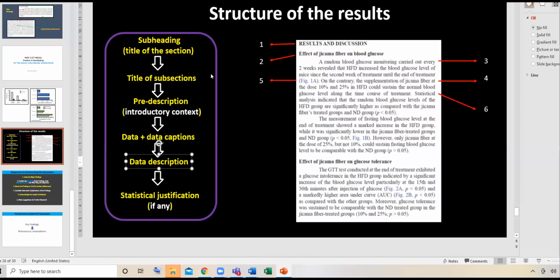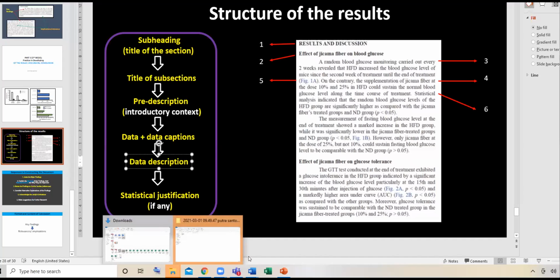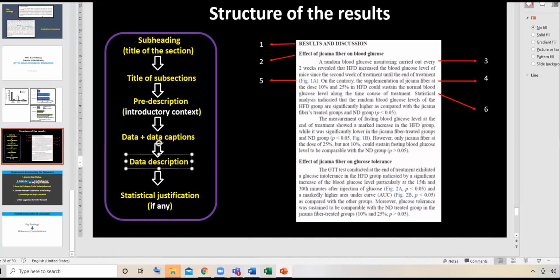So do not forget, when you prepare the results of your research or your articles, to stick to the regulations or the structure of such a part. Subheading, subsection, followed by introductory context, and then you show the data with data captions, and then you explain the data. And if there are any statistical justifications, then you explain them. In the case of our data, we have a statistical justification here actually